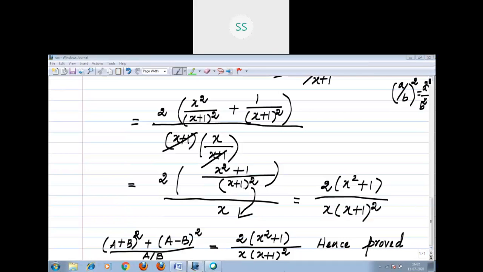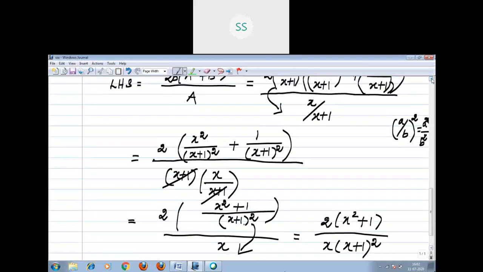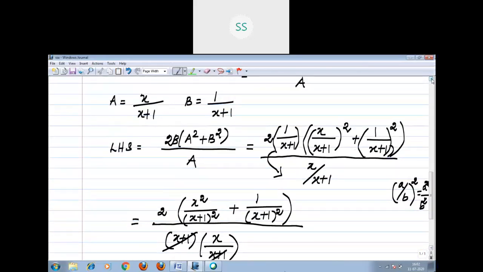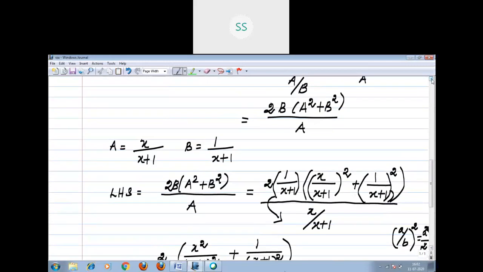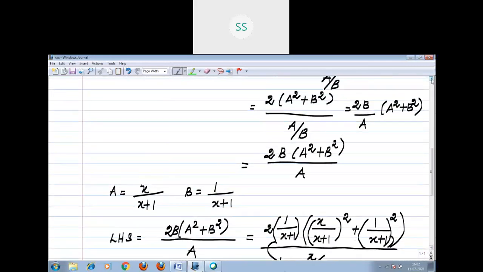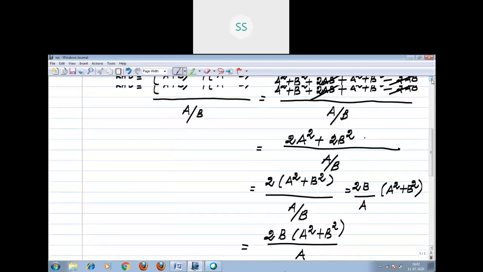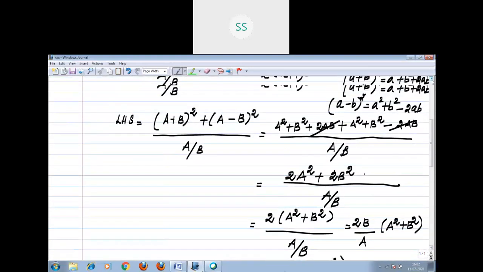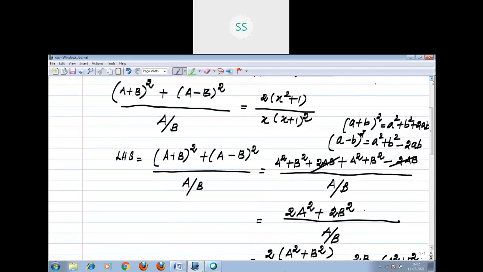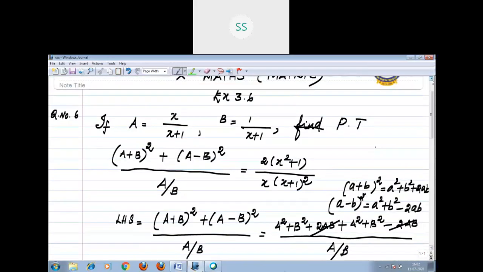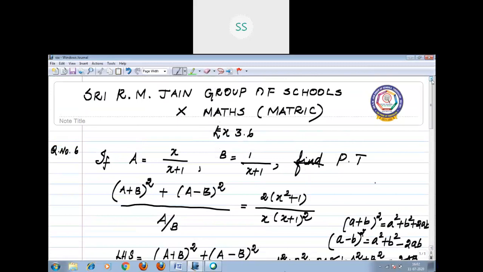Again, I will slowly show the things again. The identities we are using in the sum, that we have to write on the right side. That means you people will feel easy, right? Thank you, children.